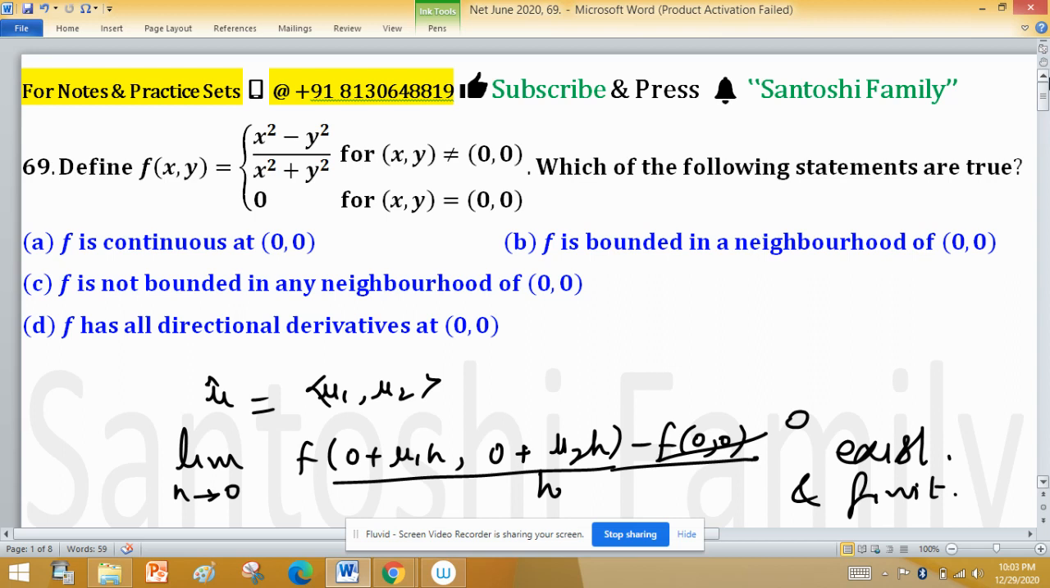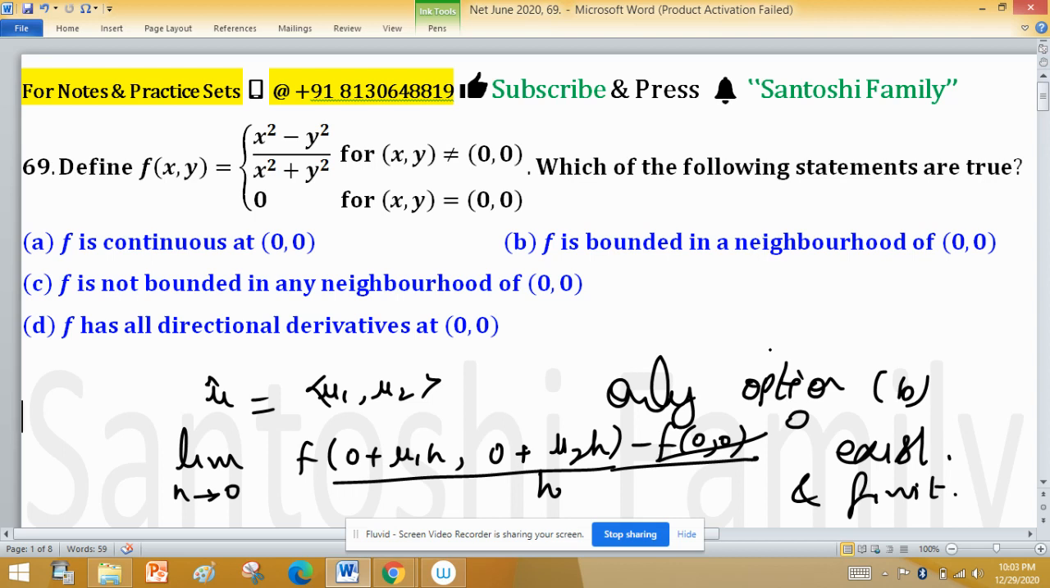So only option B is true here. Function is not continuous. Only option B is true here. Function is not continuous. Now consider the case when all directional derivatives exist, but we need to test continuity at